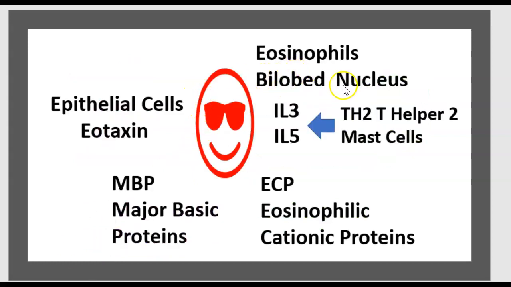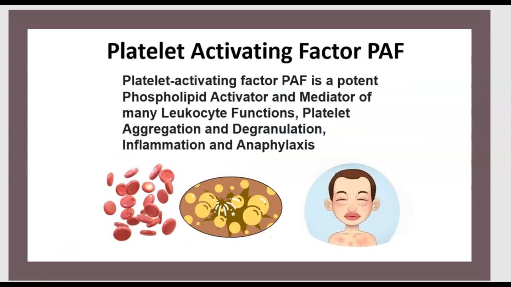Eosinophils are bilobed nuclei. It gives interleukin 3 and interleukin 5 to eosinophilic cationic protein. Don't forget epithelial cell with eotaxin, major basic protein. Platelet activating factor. Platelet activating factor is a potent phospholipid activator and mediator of many leukocyte function, platelet aggregation and